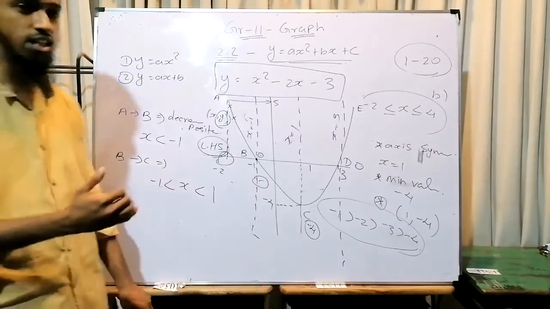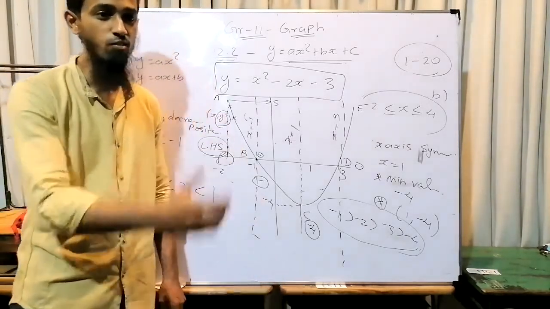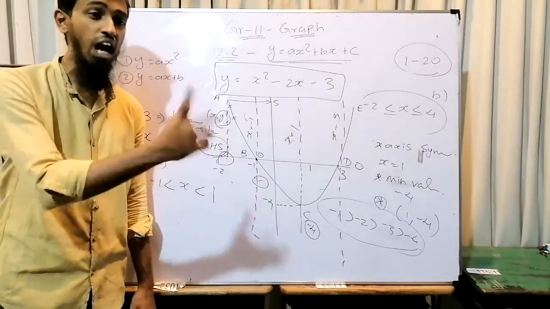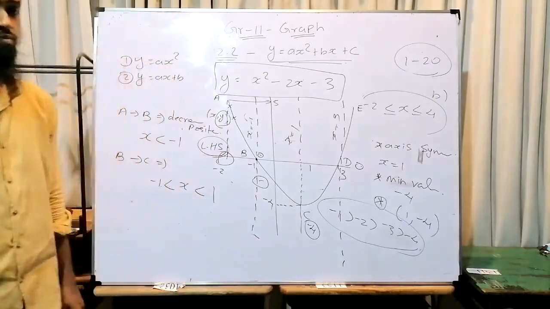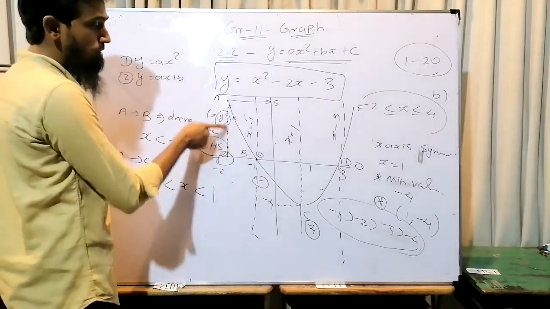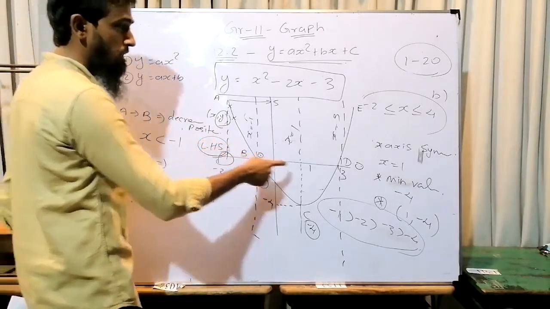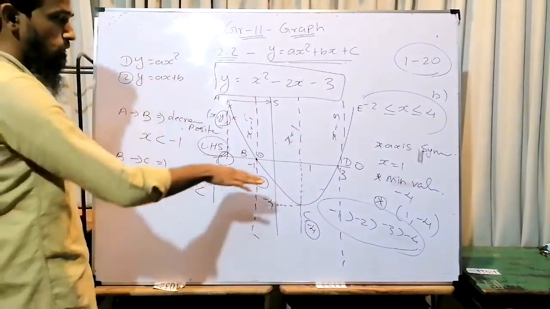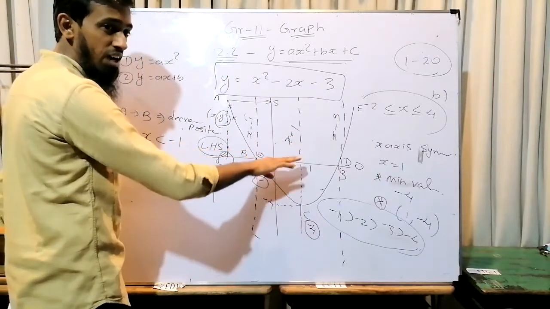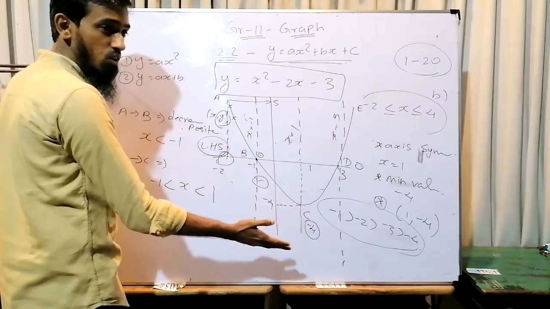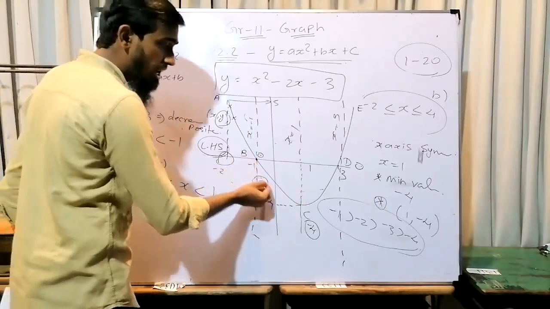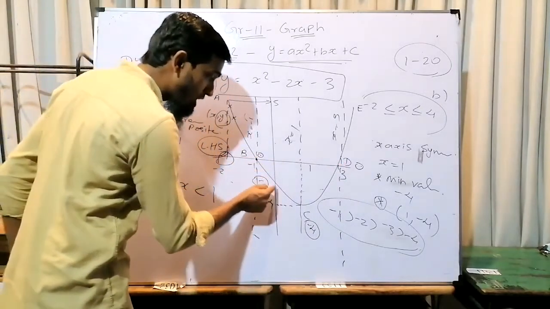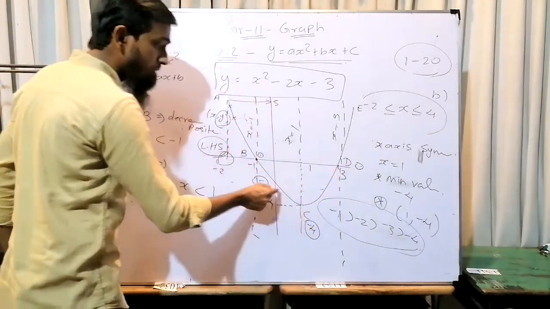Okay. So another type of range of values question is: in which range of values of x is the graph negative, the function negative. So A to B, the y values are positive, so the function is positive. D to E, the y values are positive, so the function is positive. Under the x axis there is a curve part, that is B to D. So those values are from B to D, the values of y are negative.